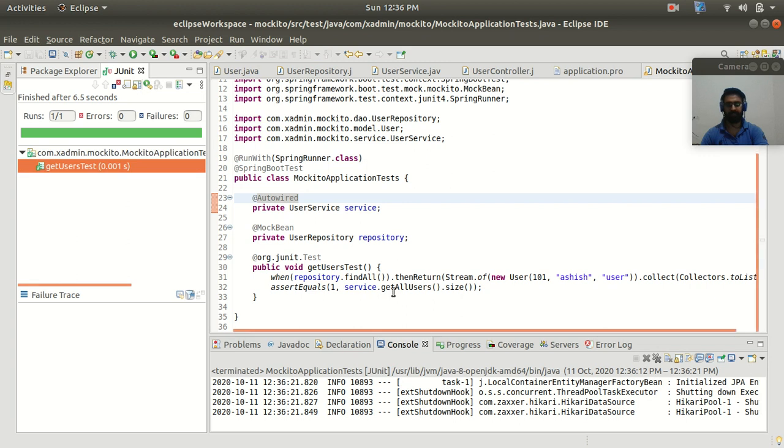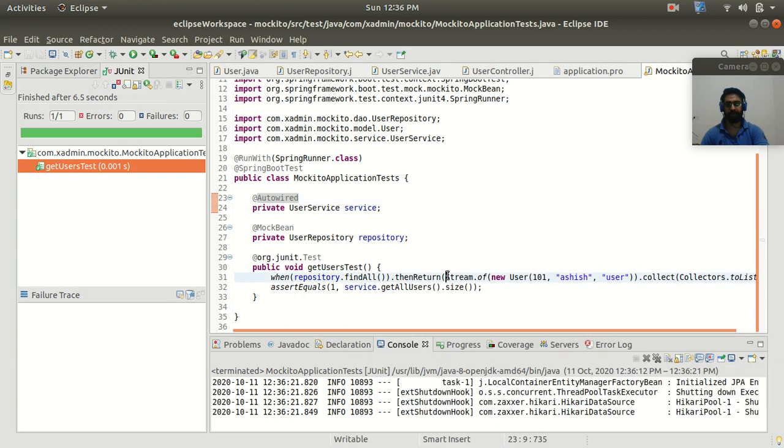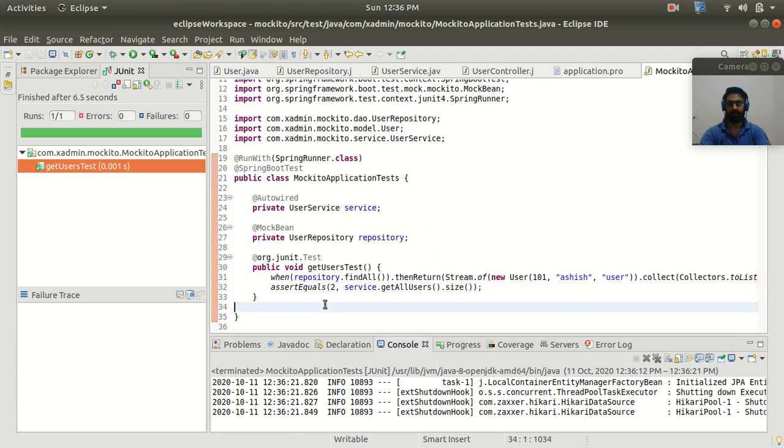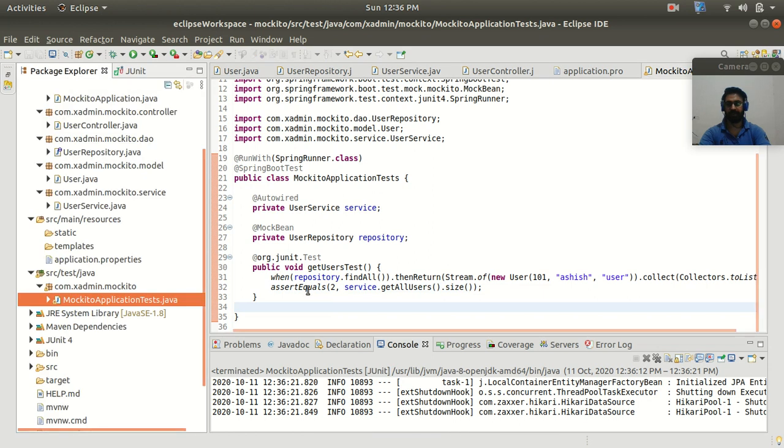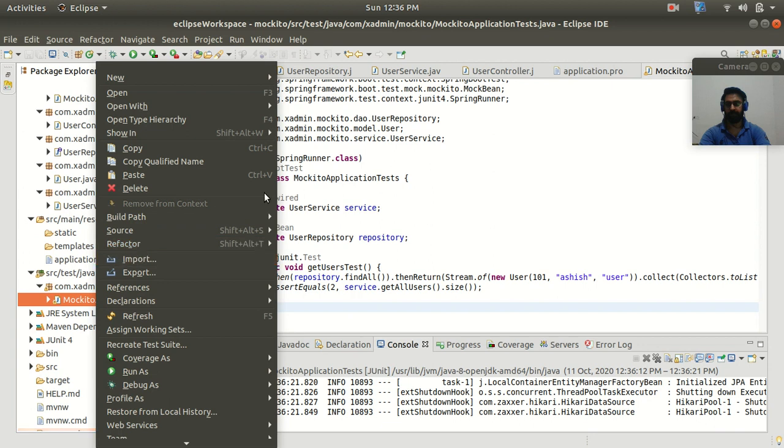And guys, it is just like mock the data from here, and then we are calling service dot get all user, and here we are checking the size, and here we have provided the size. So let me add here the size 2, and let's check whether we are passing or not. So here I have mentioned 2. Now let's again run this.